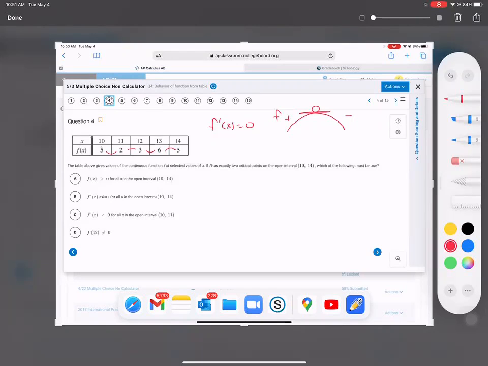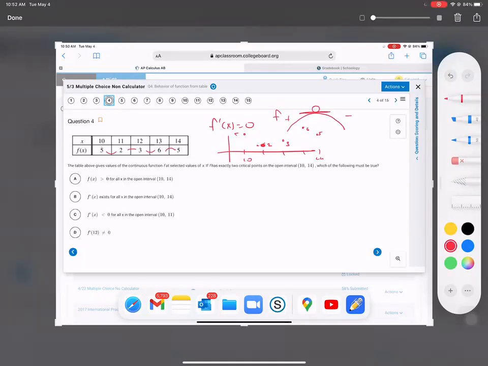So if I just draw these points on a graph: 10, 11, 12, 13, 14. And you don't have to do this, it's just so you guys can visually see it. 5, sorry, 2. That's our 2. And then we jump to 3. And then we jump to 6. And then we come back down to 5. So this is continuous. We have some type of snake weaving and bobbing. Now, the question is,